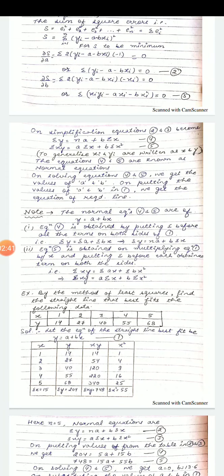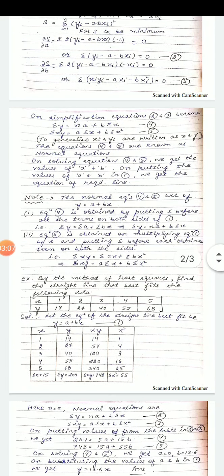Del S by del b is equal to summation. Again we have now differentiated with respect to b, so it is 2 times (yi minus a minus bxi) into the coefficient of b, that is negative xi, is equal to 0. Again we have rearranged the terms and multiplied the entire equation by xi, so it is summation of (xi yi minus a xi minus b xi square) is equal to 0. On simplification,